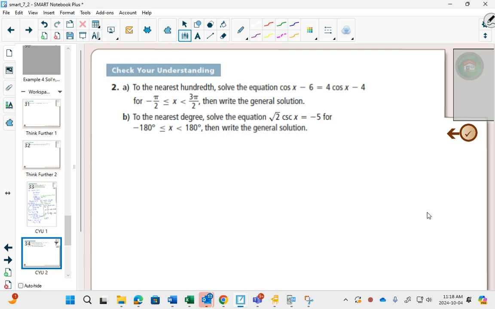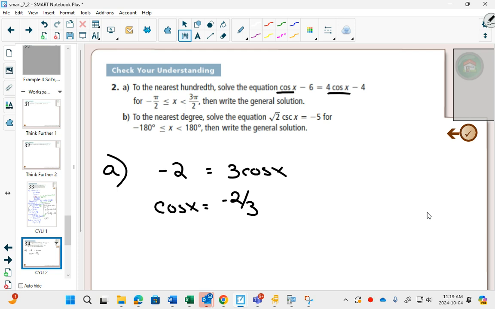Another one where we have some like terms. So we're going to want to isolate cos x. I would probably move the 1 cos x to this side to get 3 cos x on that side. And then I would take the -4 and add it to the other side. You see that you would get -2. And so getting cos x by itself,